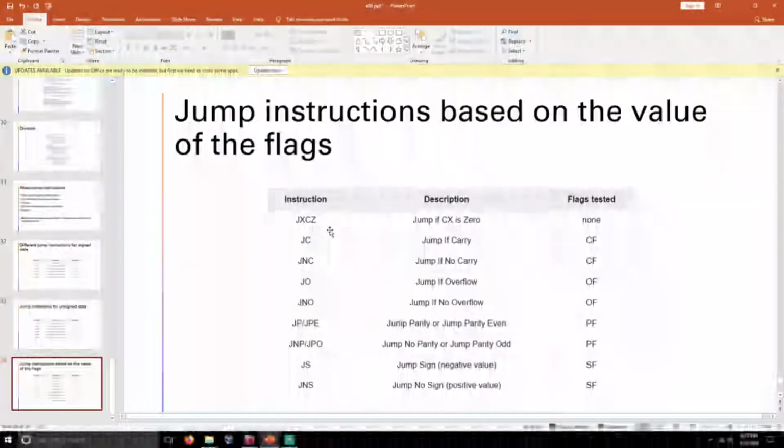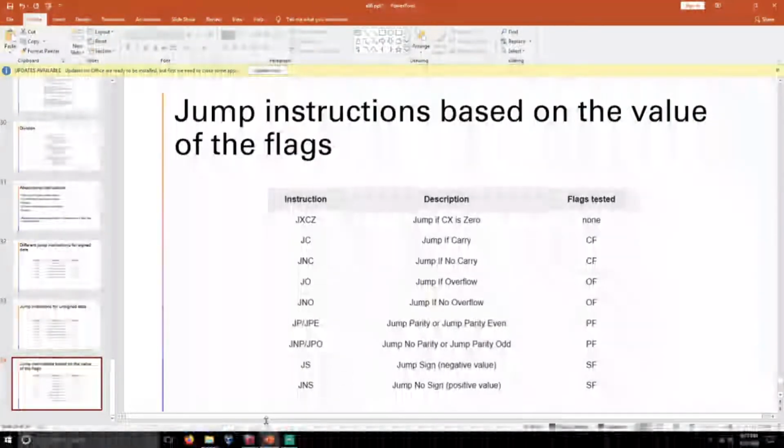This instruction will get executed when the carry flag is 0, and the carry flag is tested. And JC: if the carry flag is other than 0, then the JC instruction will get executed. Like that, all these instructions will get executed. If you want to know more about these jump instructions, you must visit Tutorialspoint. I will give the link in the video description.